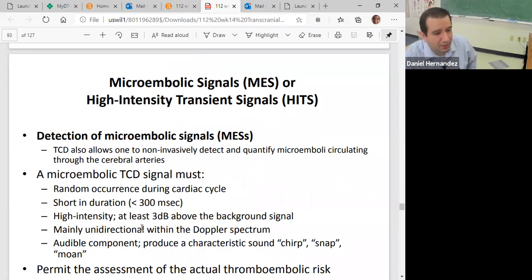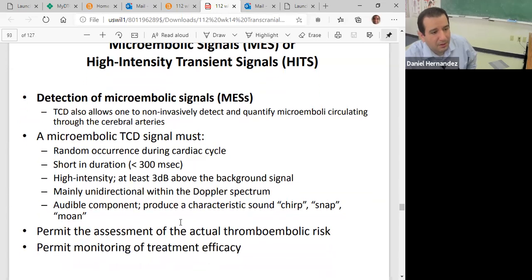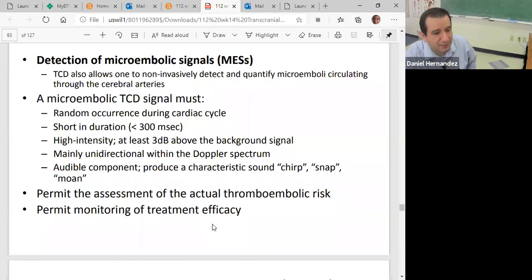They're mainly unidirectional within the Doppler spectrum. And if we're listening to them, they'll have an audible component and produce a characteristic sound like a sharp chirp, a snap, or a moan. So this TCD permits the assessment of the actual thrombolytic risk and permits monitoring of treatment